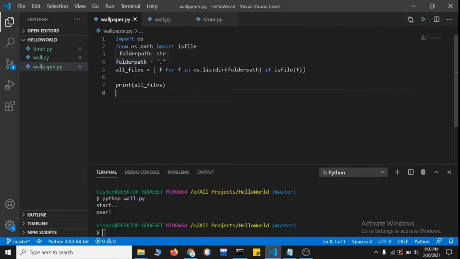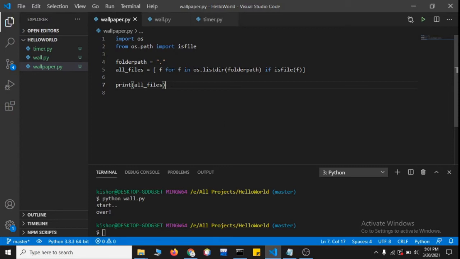So yeah, we will be having a folder path. If we don't give any folder path, it will just take the current folder in which our script is residing. But we want our script to be somewhere else, and the destination folder in which we have all our files to be at some other place.